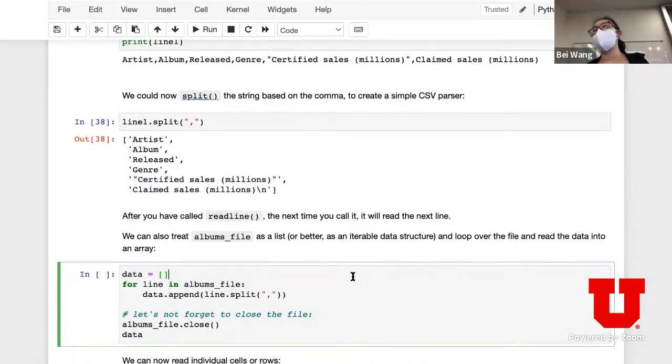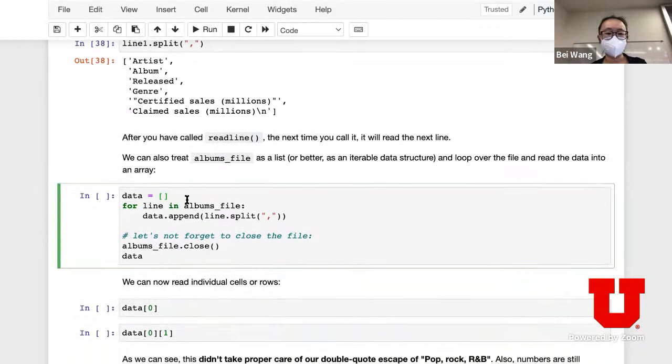Well, of course, just reading the first line isn't sufficient. If you just want to deal with this data line by line, you're going to do it in a for loop. You're going to keep reading a line, do something with the line, call it again, and it's going to read the next line. So this is exactly what I do. I'm going to read a line, and for each line, I'm going to split it into multiple words. And then I'm going to close it and look at what my data is.